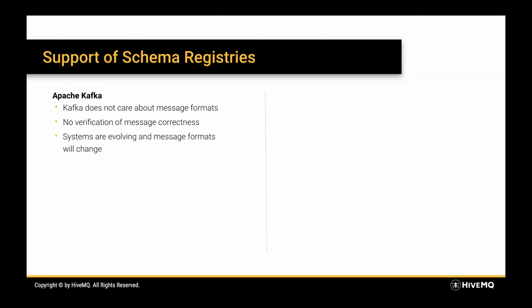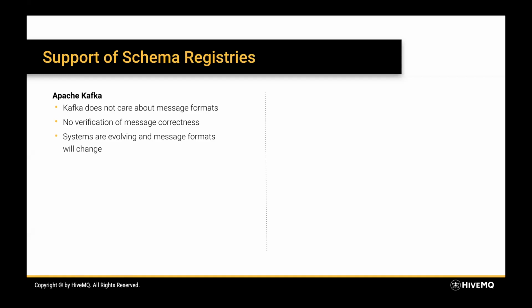So, if you start your, let's say, IoT use case and you want to integrate Kafka with that, usually you start with a small design. You design your whole system, and Kafka really doesn't care about the message formats. You can even have completely different messages in one and the same topic. Kafka also does not verify the correctness of messages that are sent to the topic. And in the beginning of a system, that is usually no problem because you designed your system so that it can work